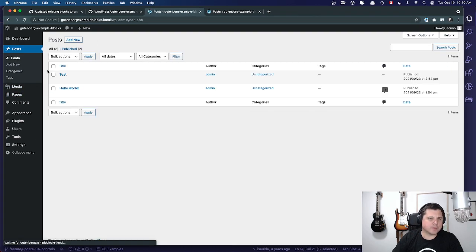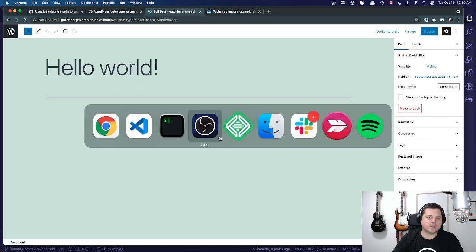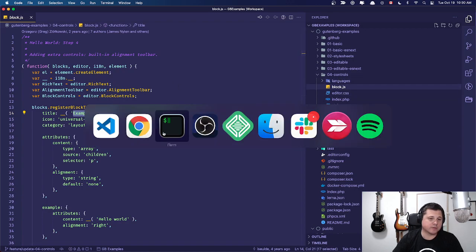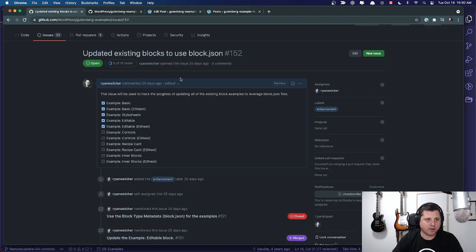What am I doing here? So posts. I'm working on the controls block. There's an open issue in GitHub if you're interested and can beat me to it. I'll paste it into the chat here. You can go and